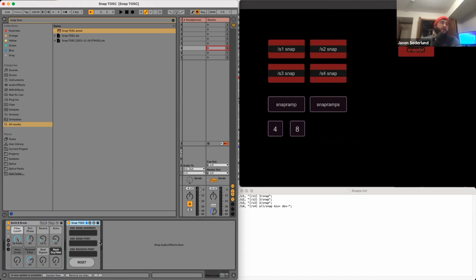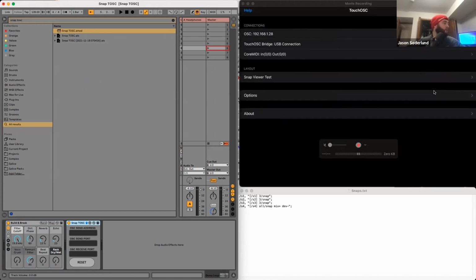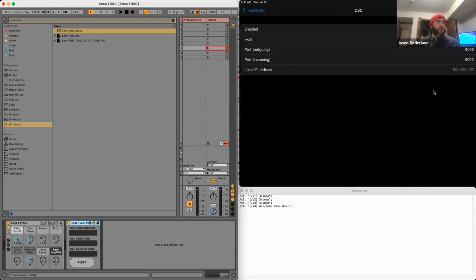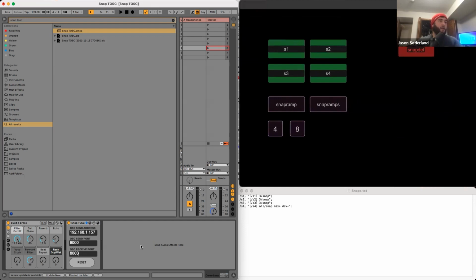So my device is pretty simple. Inside of TouchOSC, it's after three pieces of information here: the send address, send port and the receive port. And then as soon as I, fingers crossed, hit the reset button here, yeah, it will